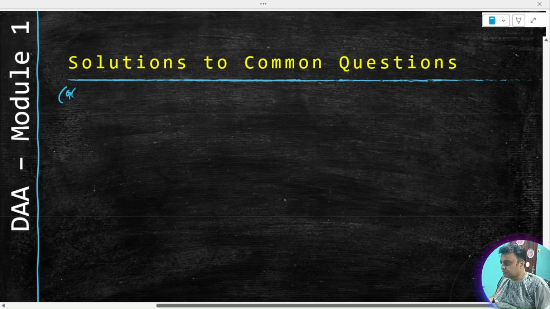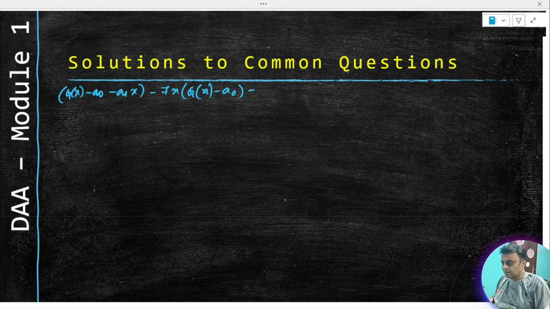gx minus a naught minus a1x, that's my first term. Then we had the 7 multiplier with x gx minus a naught. Then we had the 10 multiplier with x square gx equal to 0. Now if we substitute the initial values given as a naught equal to 10, a1 equal